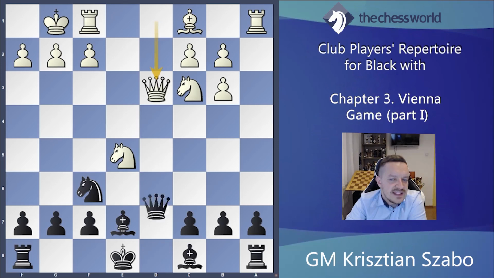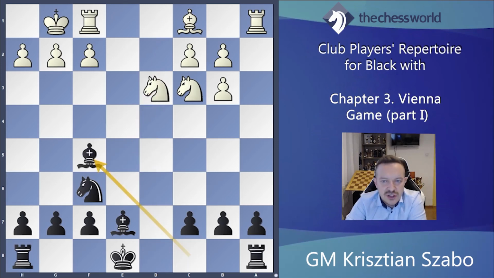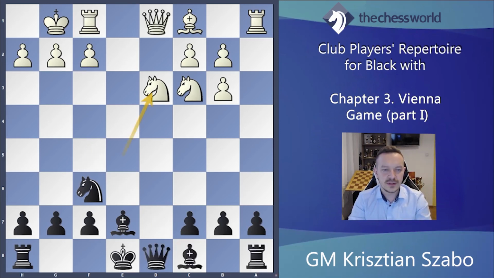Queen takes d3 would be similar to the previous variation. Takes bishop f5 and black's position is comfortable. There are no central pawns, only side pawns. With the bishop pair it is slightly better, so white really needs to fight for equalizing. So knight takes d3,